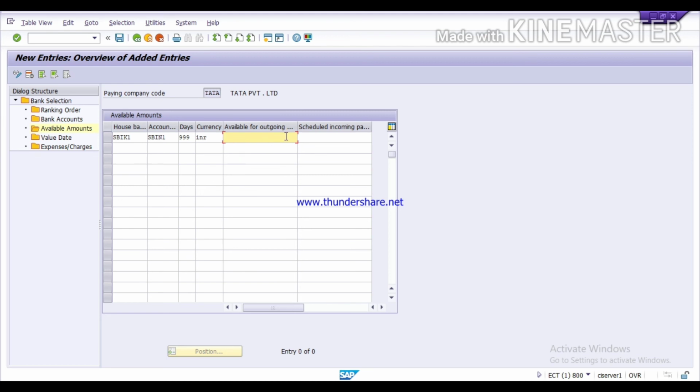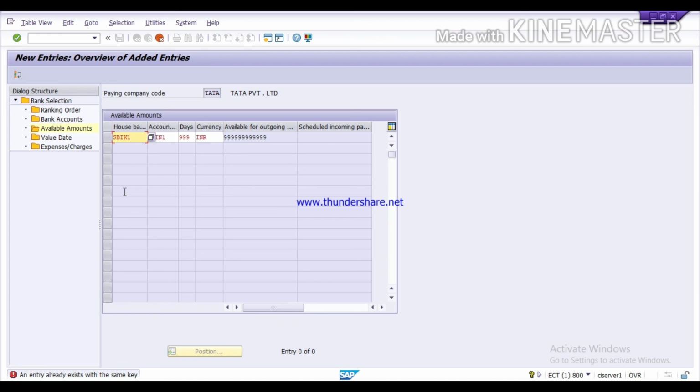Friends, this is a user-based activity. Here the APP user has to give the available amount on a daily basis as per the amount available in their bank, so they have to define it here. But in most scenarios, users do not define the available amount on a daily basis. So the functional consultant gives an unlimited amount limit so that the user can pass the entry easily and will not get stuck. Then click on save.